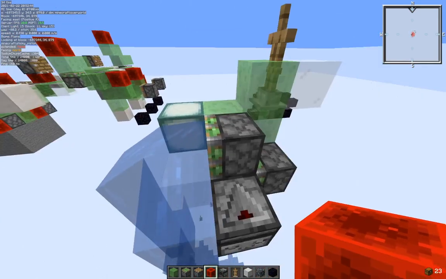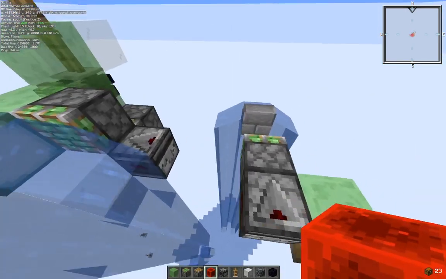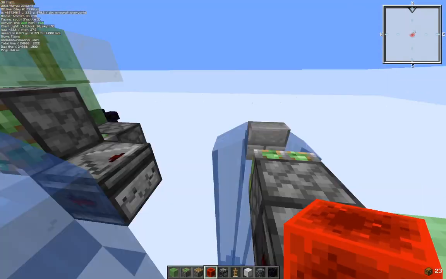So you can see it turned into frosted ice. The sticky piston pulled back the frosted ice, and it melted. So that's one way you can move water, by pulling. Another way,